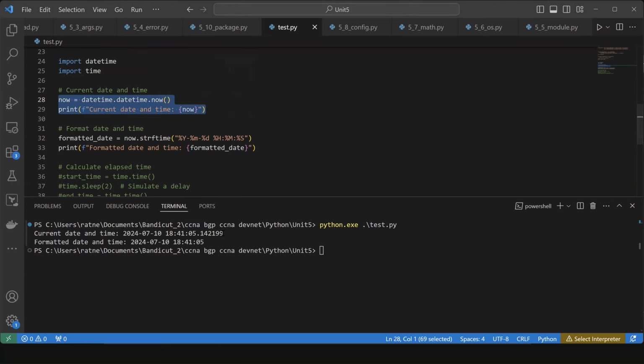So we are printing the current time, as per the GMT, GMT plus 5:30. This is the current time in my laptop. Then now you can see the formatted time. Now you will see